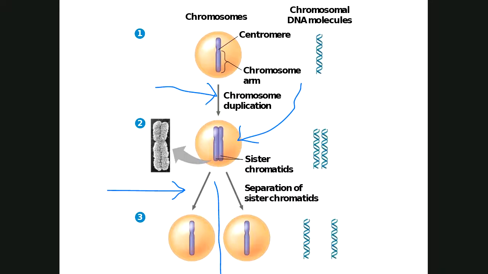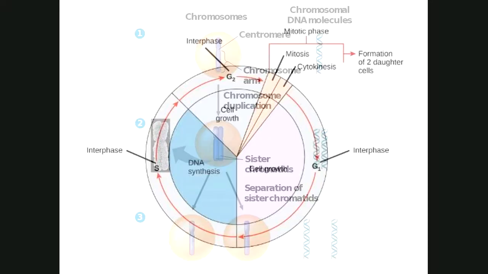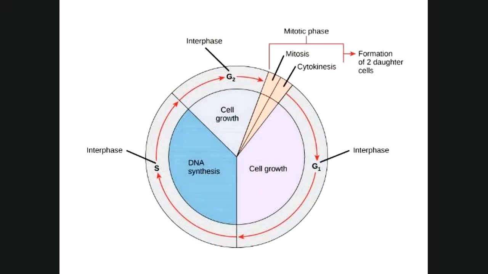All right, now cells aren't always dividing. Cells spend a lot of their time doing what cells do, making cellular products, regulating, doing all those things that we talked about in chapter 4. So this is what we call the cell cycle. So today we're going to discuss what's going to happen up here in the division, and we're going to discuss what happens in between as well. These stages that we call G1, S, and G2. We're going to talk about each of those.